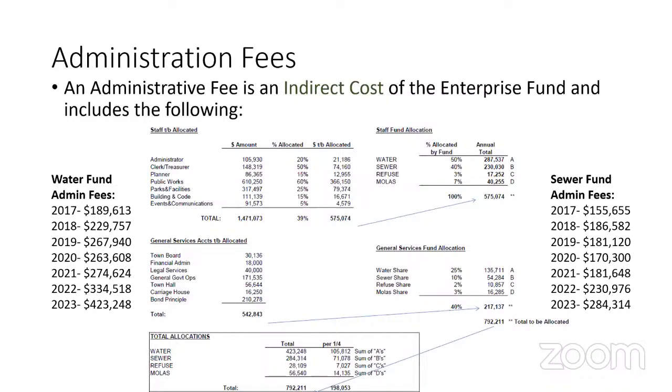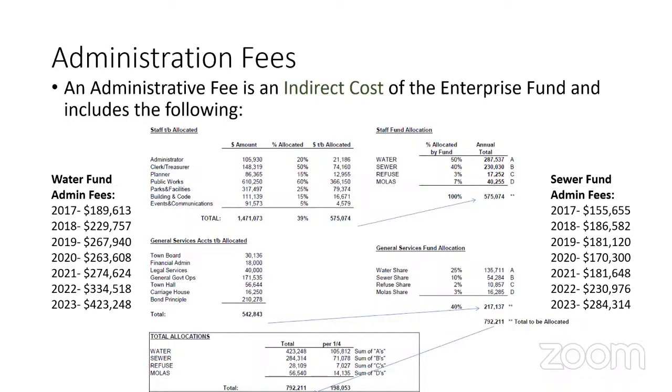So I can walk you through this. If we start at the staff to be allocated, we take that total number and we put it over to the right-hand side of water, sewer, trash. And then we take the general services below the staff to be allocated and we separate it out, take that number over to the general services, and then we plop all that into the total allocations.